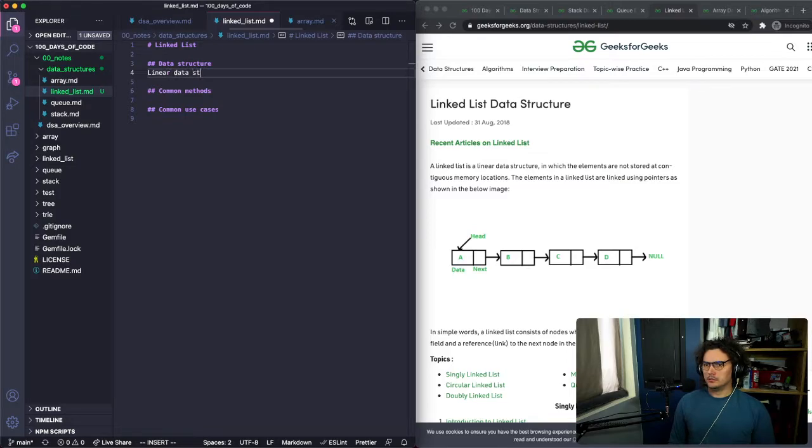Linear data structure. Stored at non-contiguous memory locations. Each item in the list has a pointer to the next item.